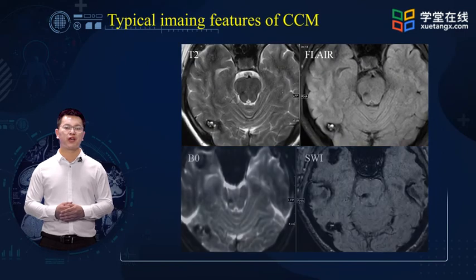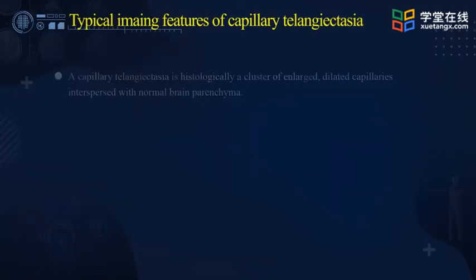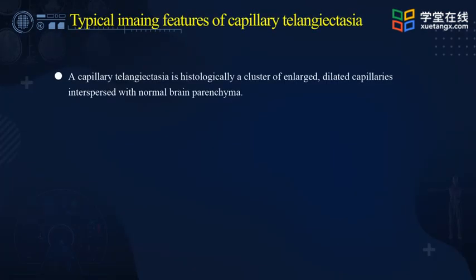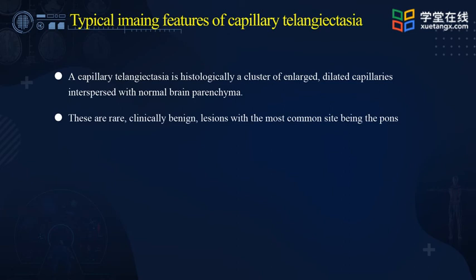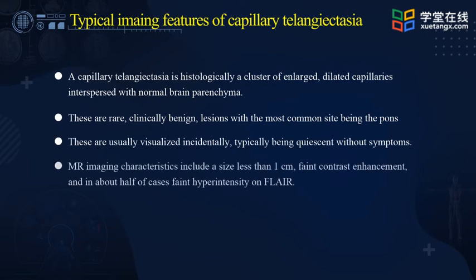Another case with multiple cavernous malformations shows a few small focal low signal intensity lesions on the T2 image in the right temporal lobe. A capillary telangiectasia is histologically a cluster of enlarged dilated capillaries in normal brain. They are rare, clinically benign lesions, with the most common site being the pons. These are usually visualized incidentally. MR imaging characteristics include a size less than 1 cm, faint contrast enhancement, and in about half of cases faint